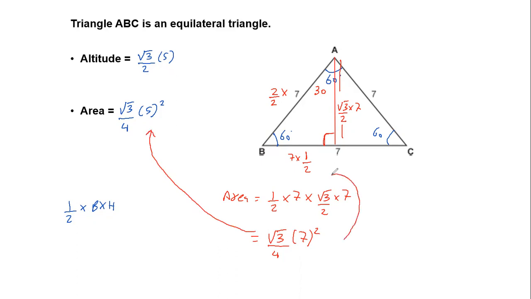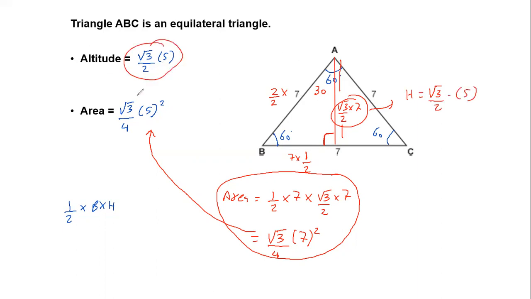So you really don't have to do half into base into height every time you see an equilateral triangle, because you should know the fact that every equilateral triangle can be broken down into two special triangles of 30, 60, 90. If I know the side, of course I know the height, and eventually it comes out to be root 3 by 4 side square. Similarly, if you look at the height, this is the height, which is root 3 by 2 into side, which I already told you about. So these two formulas, you should be directly remembering it, and I hope it is clear how you actually develop this.